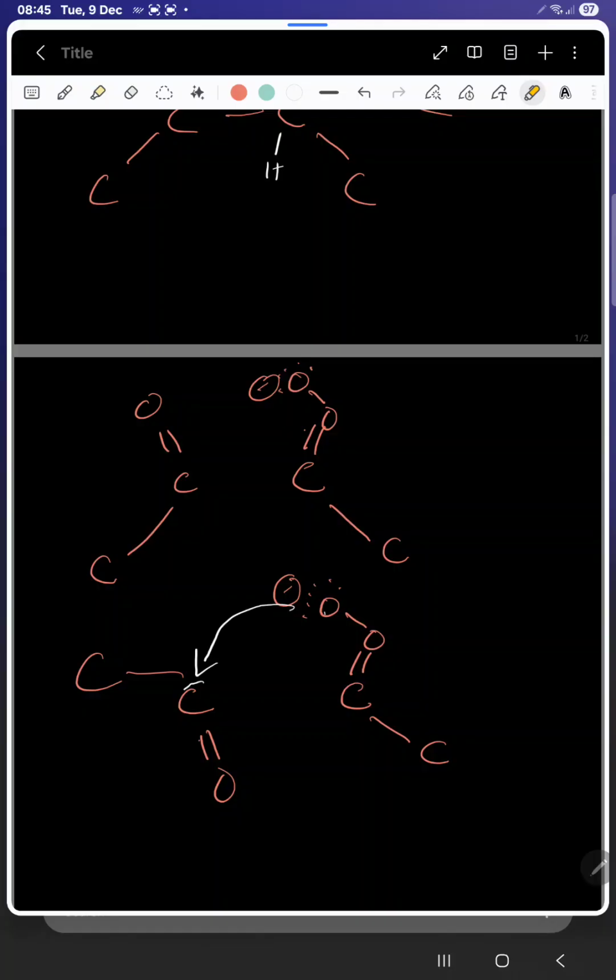And which bond is going to be broken? The bond that is going to be broken is this pi bond, because pi bonds are very weak and easily broken. Once it is broken, it is also going to act as a nucleophile, attacking this carbon here. Once it attacks that carbon, then this carbon also says, I'm under stress,